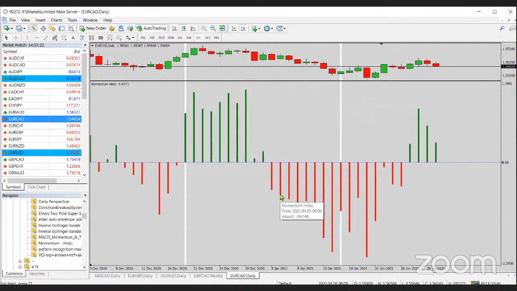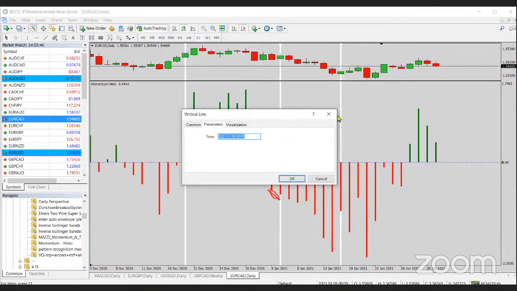Then on the following bar, the momentum increases. This is something that we want to see for this particular indicator. It's something that you can jump in and trade, from there, on this particular bar over here,